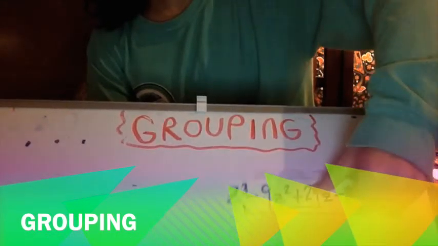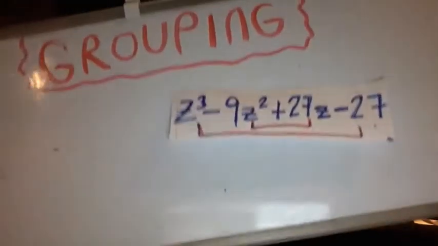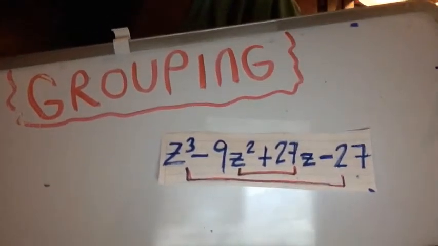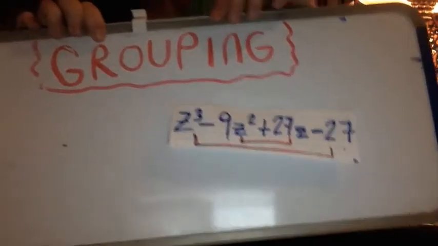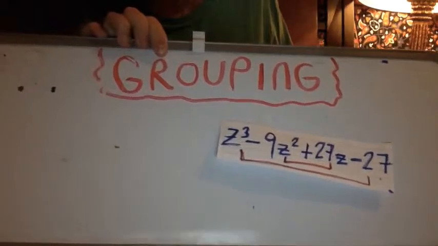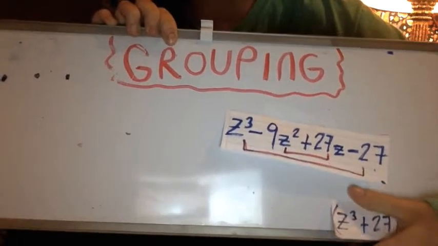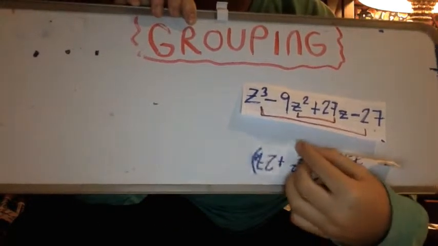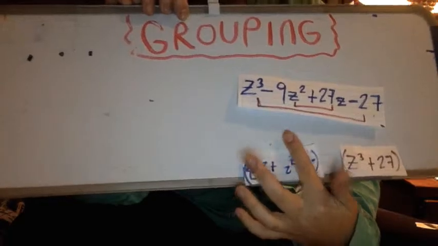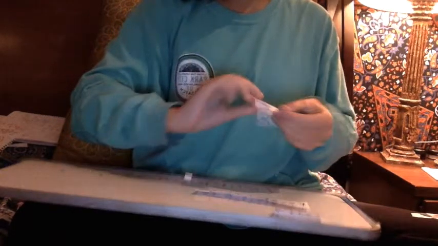How to factor by grouping polynomials. It's very easy. You will normally get 4 sets of variables. In this case, we have c cubed, 9c squared, 27c, and 27. Now we need to find pairs that share a common factor. In this case, we would get 2 pairs of